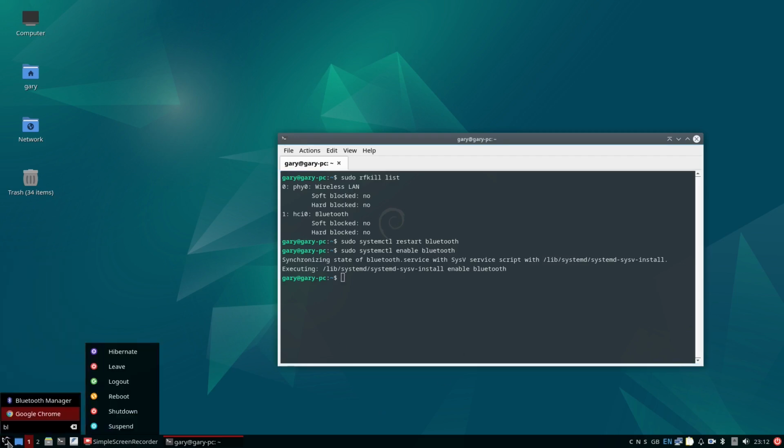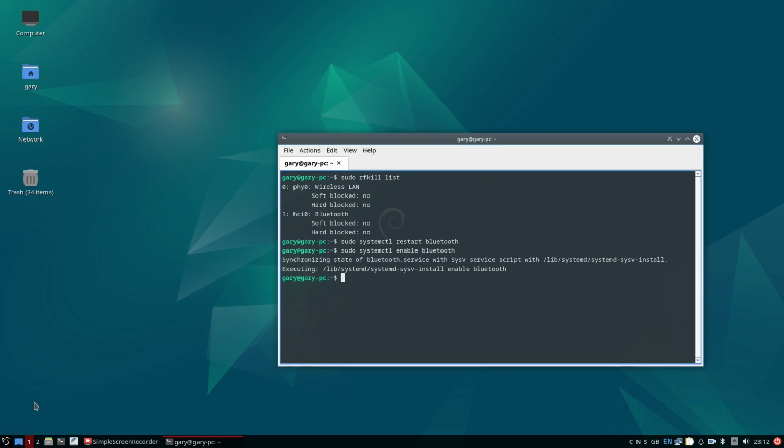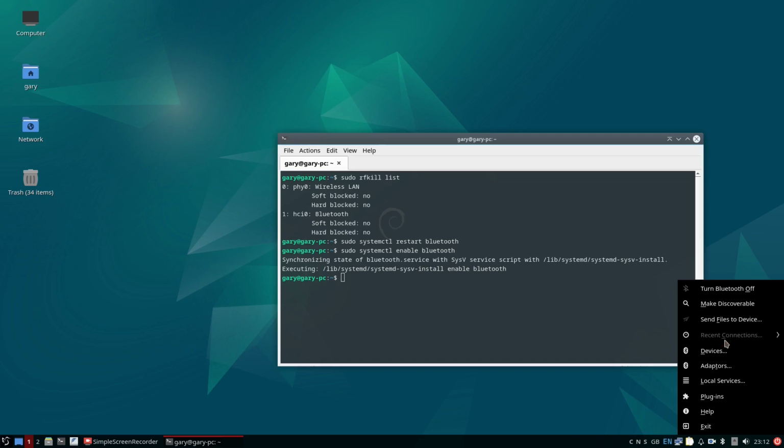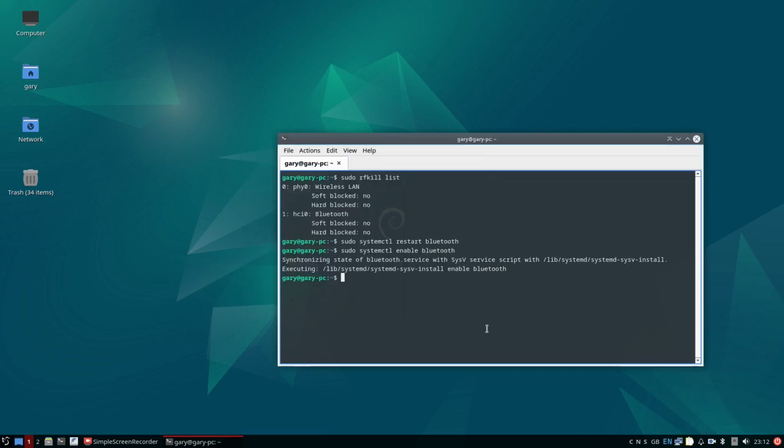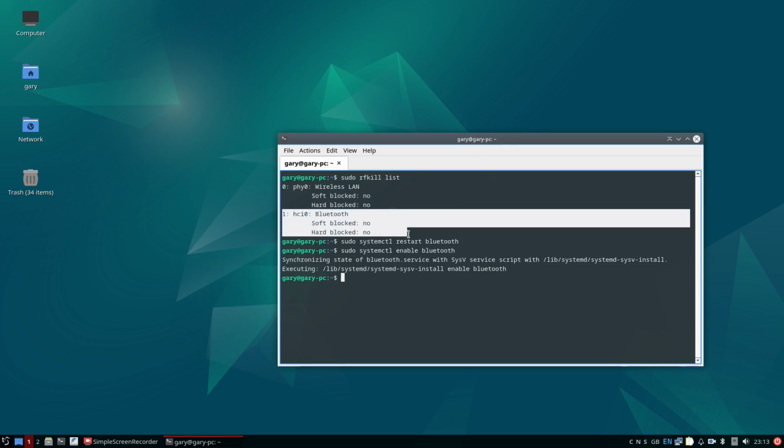And if I go up here, I can type Bluetooth manager, and you can see the icons appeared back in here. And now if I go into here, the Bluetooth devices is working again. But that's not the end of the story, because as I mentioned, this Bluetooth wasn't there at all, and that might be something you get if you've got a